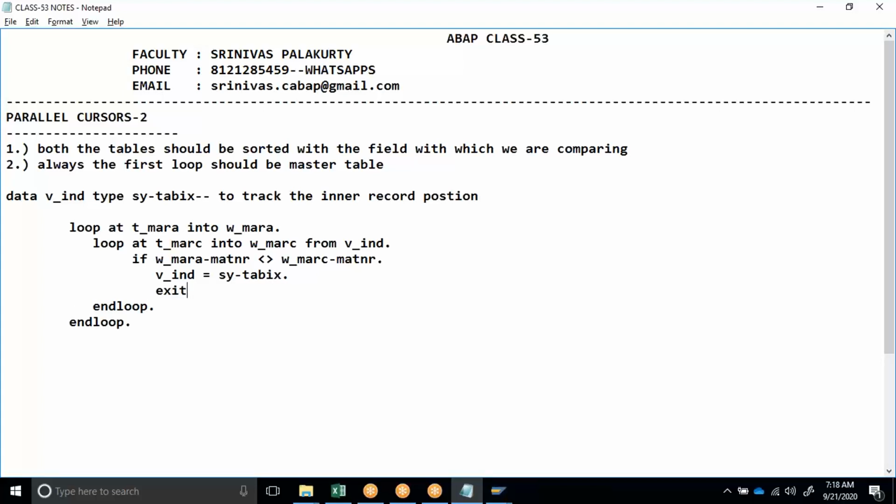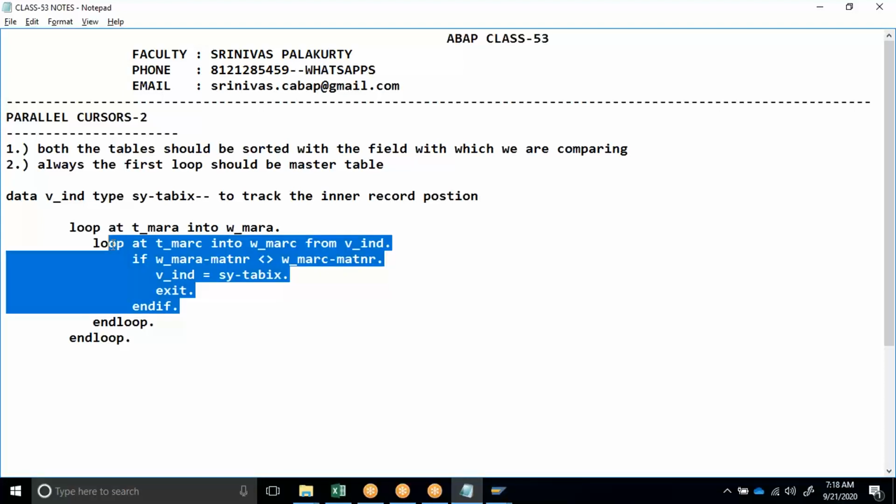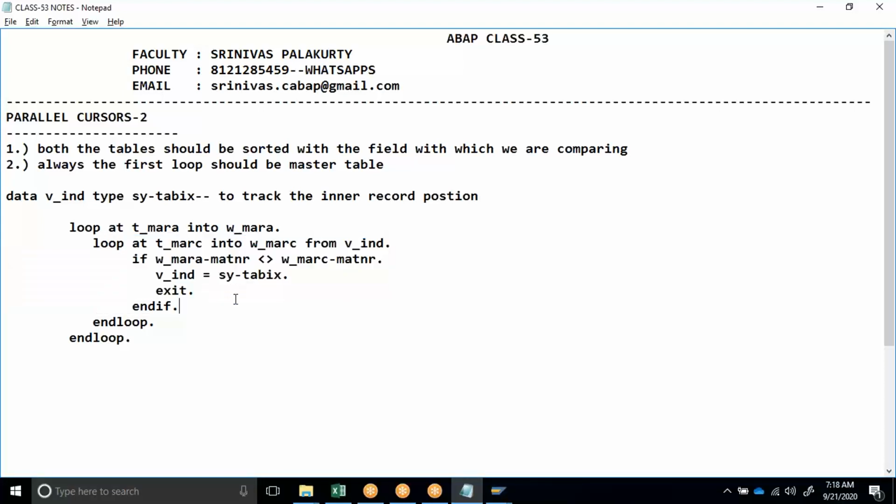So whenever you are coming out, mark it. If this condition is not satisfied, or you can put an else part also, it's your wish. If it is not equal, exit. Else, write the records: work area MARA records, work area MARC records.